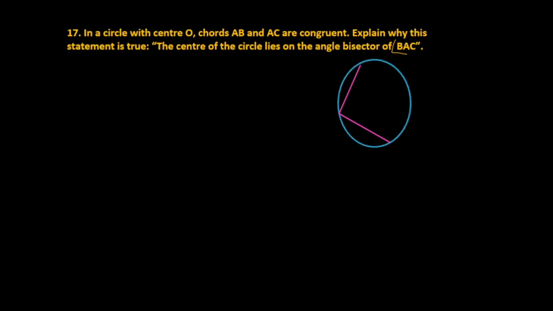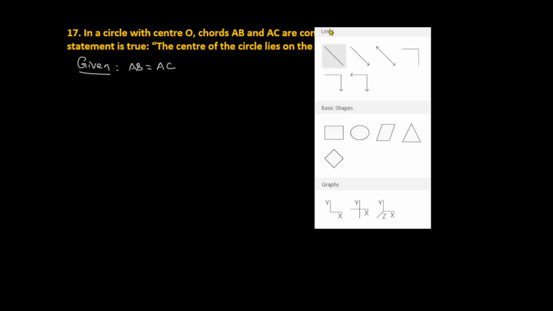So this is the circle, and let's take the chords AB and AC. If this is chord AB and this is chord AC, these are the two chords, and here it is given that the length of AB is equal to AC. Congruent chords in a circle mean their lengths are equal. Then taking center O, we join the center with the endpoints by radii,